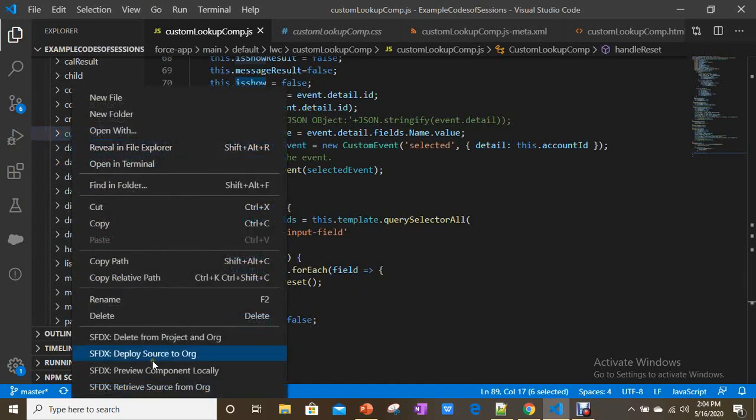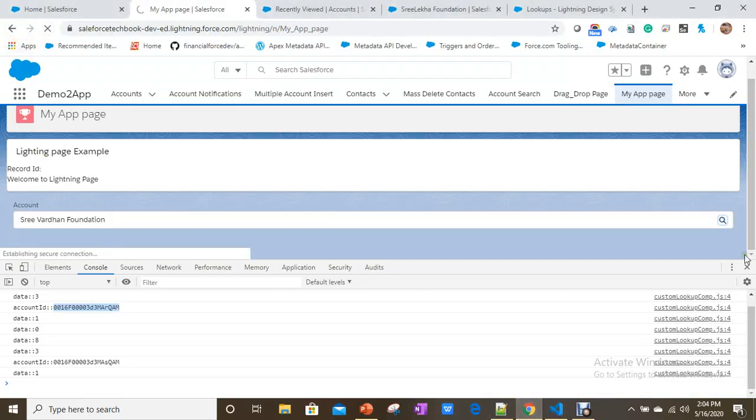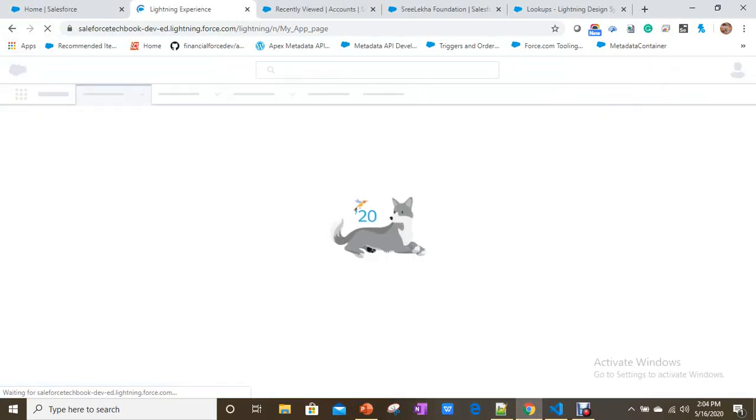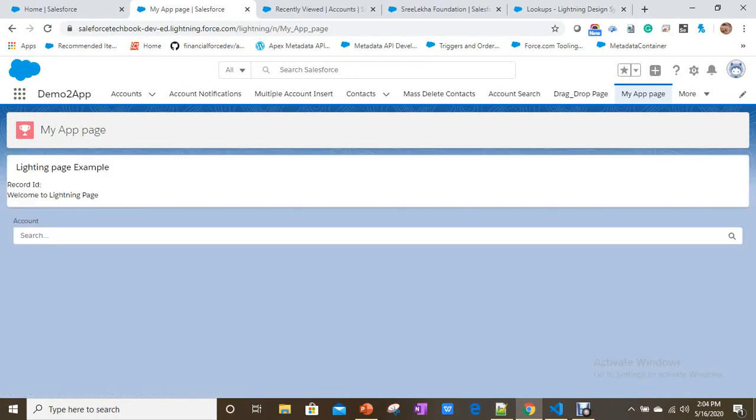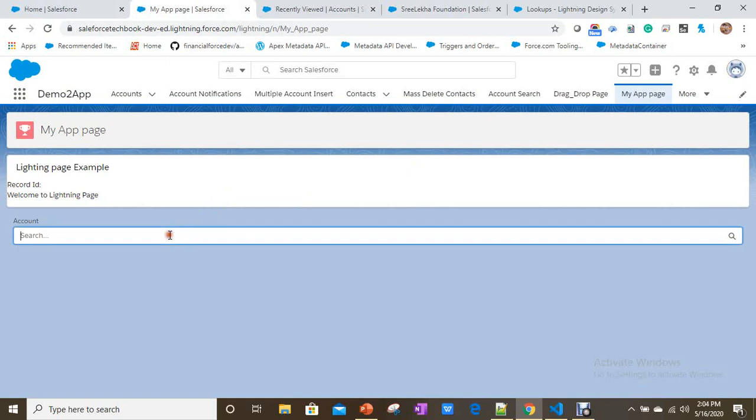Now let's save this. Now let's see the output, how it looks. Salesforce textbook is there.